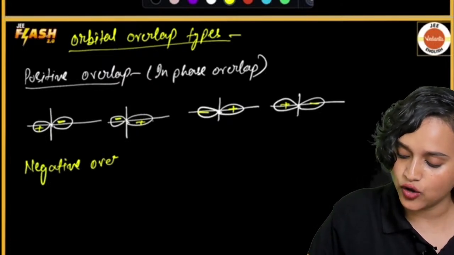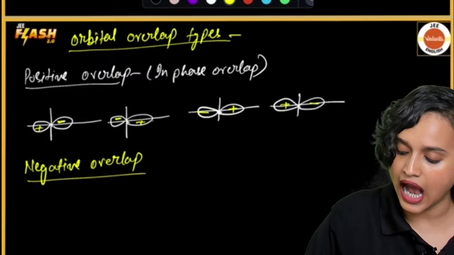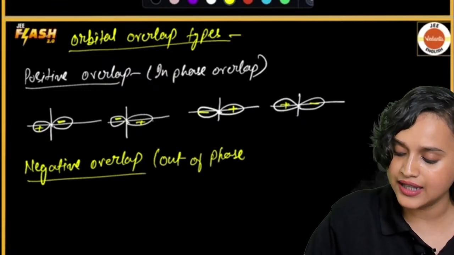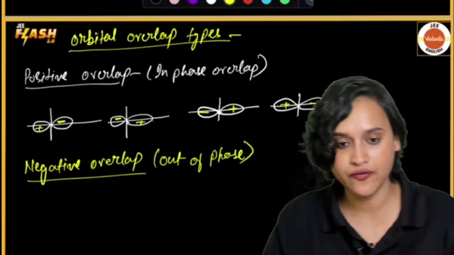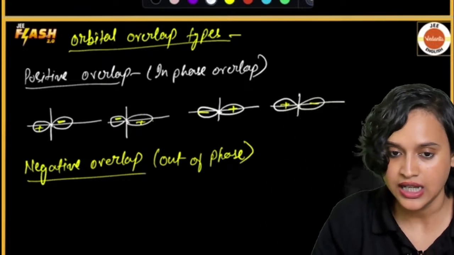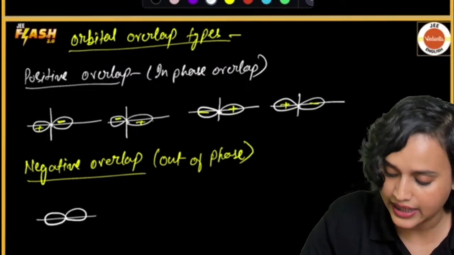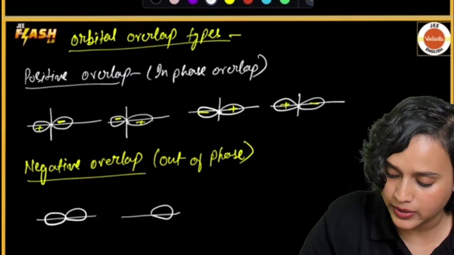What is this negative overlap? Negative overlap means out of phase. Okay, what is it? Out of phase overlap. Everybody have a look. Let's say that we have a p orbital here like this, another p orbital here like